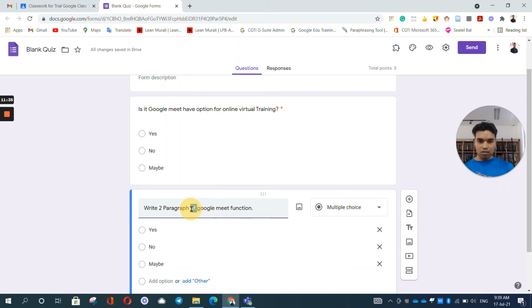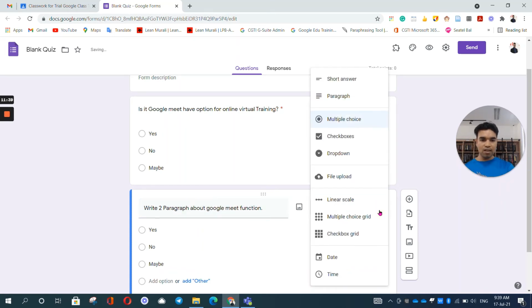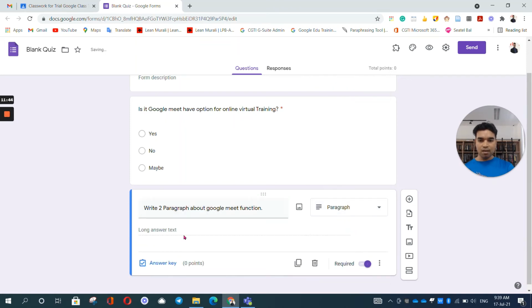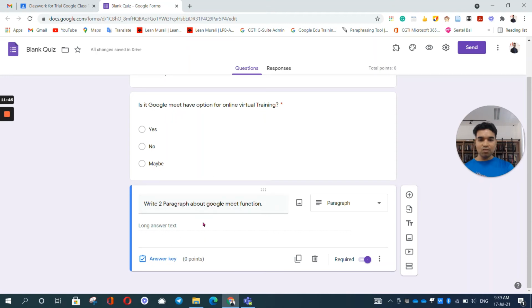So write 2 paragraphs about Google Meet function. So I can go here and I want them to write, so I can change to paragraph. So all the students need to write the answer.